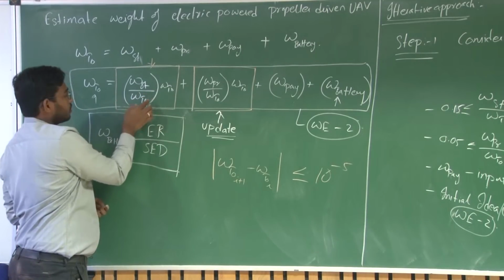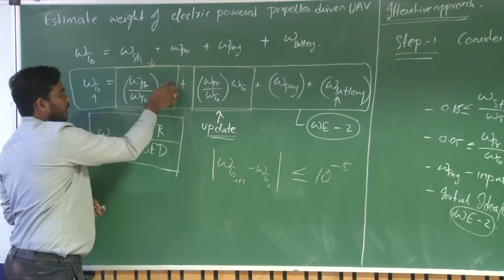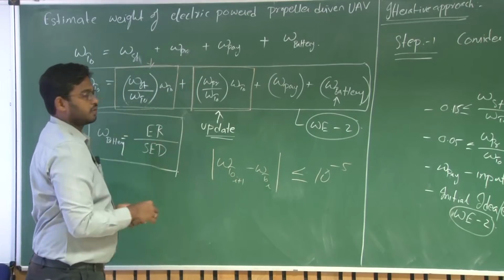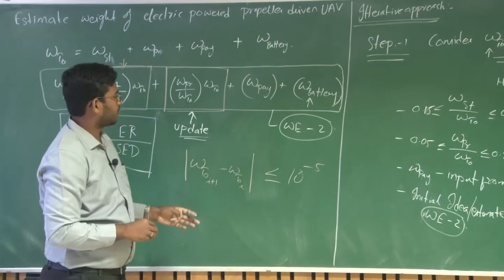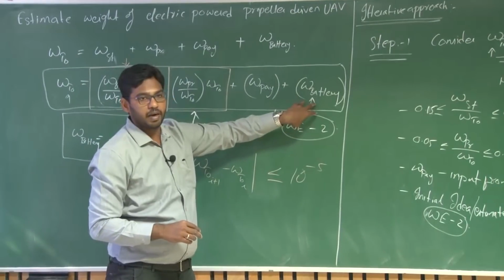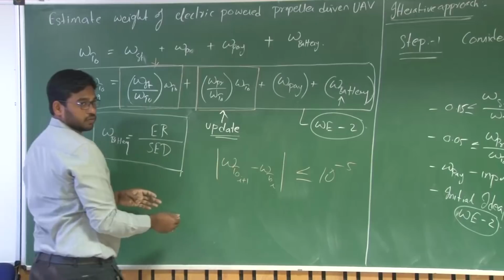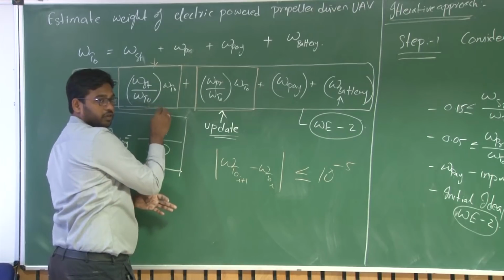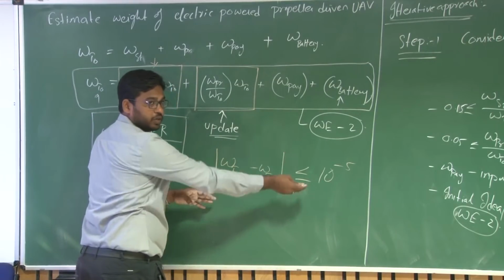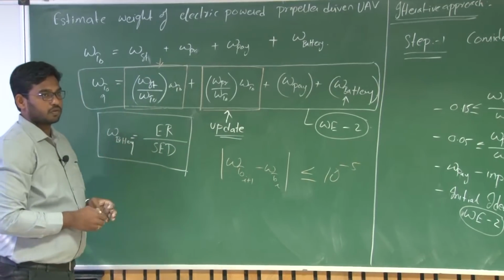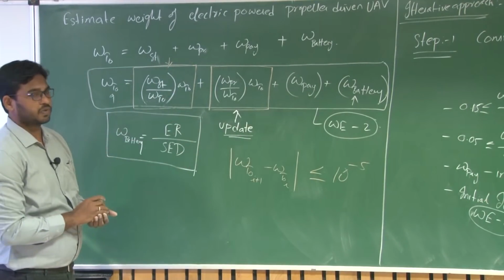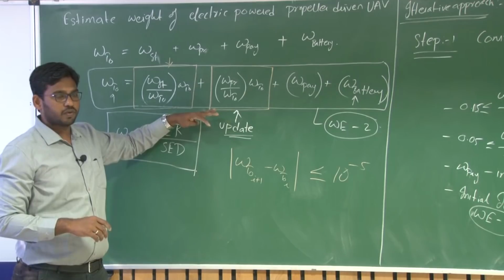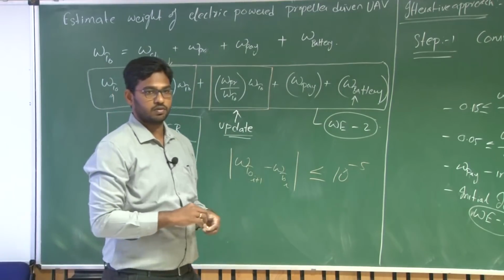You can update this, assuming the same structural weight ratio, and you have the new takeoff weight, update this parameter, and make it a constant for the second round of iterations, right? So again you end up having a different battery weight, right? The final battery weight due to the updated propulsion system weight as well as the updated structural weight is arrived at by means of minimizing this error. So we'll write the steps for this. So once you have that, then you can consider this equation, right, for this weight estimation for this current UAV.